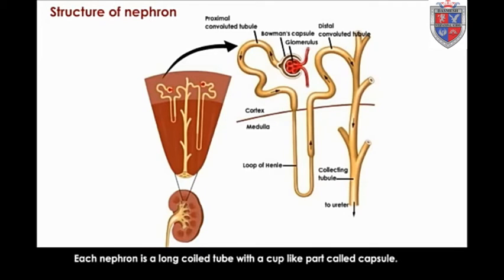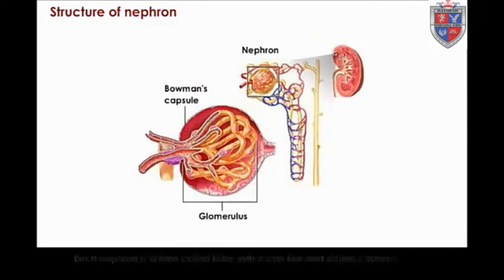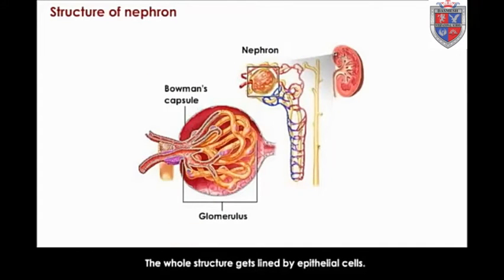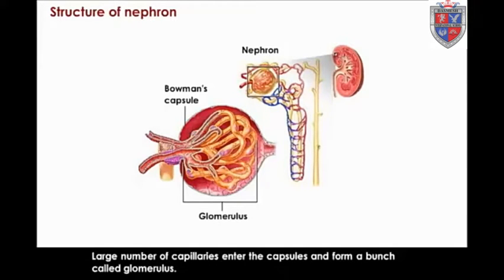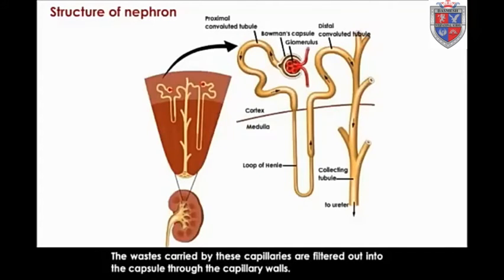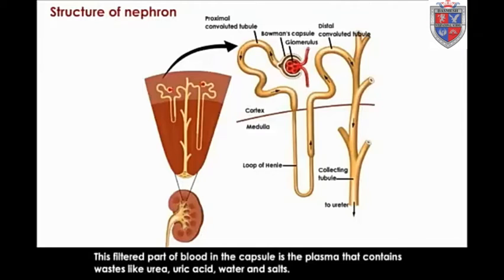Each nephron is a long coiled tube with a cup-like part called capsule. The whole structure is lined by epithelial cells. A large number of capillaries enter the capsules and form a bunch called glomerulus. The waste carried by these capillaries is filtered out into the capsule through the capillary walls. This filtered part of blood in the capsule is the plasma that contains wastes like urea, uric acid, water and